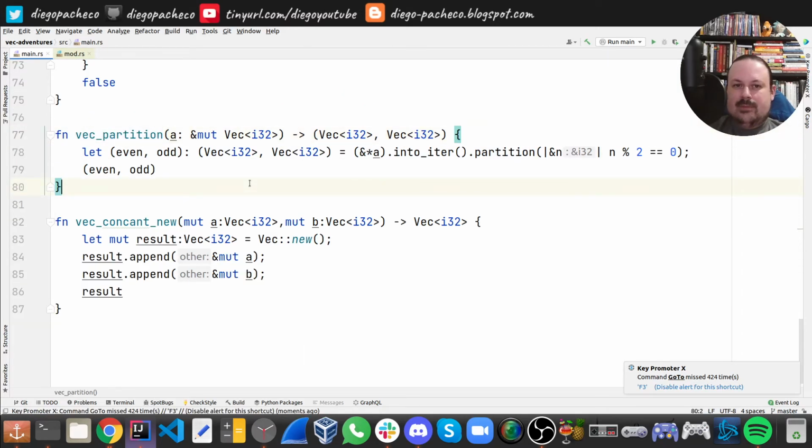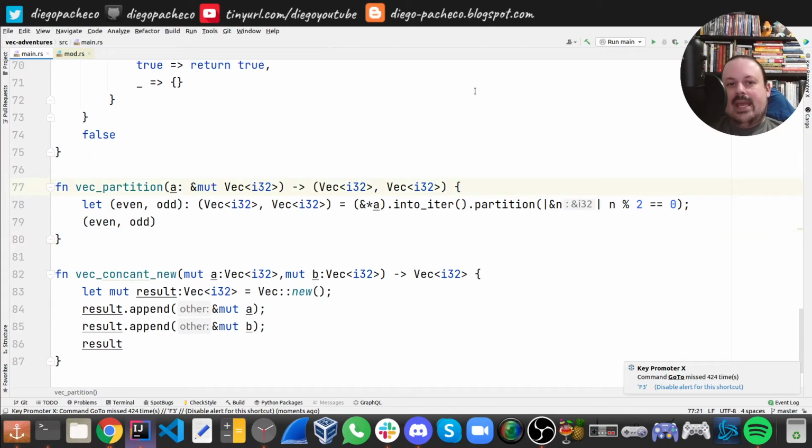So in vec partition, I receive a, which is a mutable vec of i32, and I return a tuple of two vecs of i32. And then what we do here is we do let even and odd. That's the name of the tuple we're going to get. And the type of the tuple is a tuple of vecs of i32s. So we're going to get a view of the a, we're going to dereference it to get the value, all right? And then we're going to do into_iter to create an iterator,